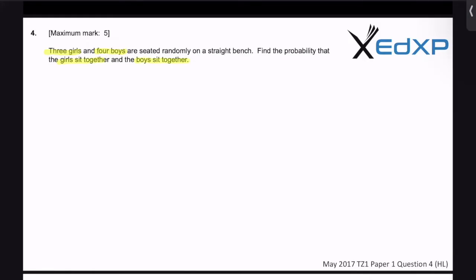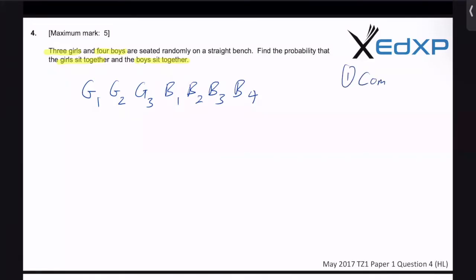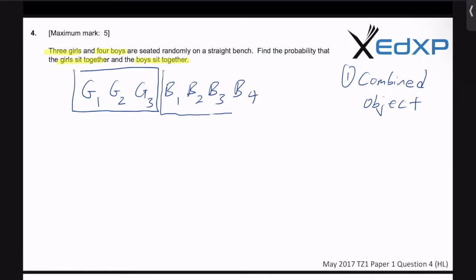Okay, so how I like to do this is to illustrate on a diagram. So we have 3 girls sitting together. So girl 1, girl 2, girl 3. And we also have 4 boys sitting together. So boy 1, boy 2, boy 3, and boy 4. Okay, if they're seated together, we use what we call the combined object method, okay, where I group the girls all as one object, and the boys, since they are seated together,